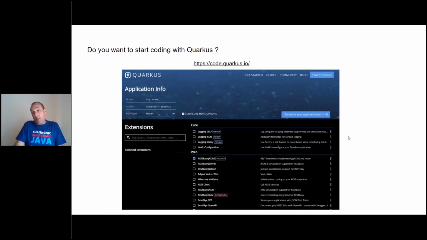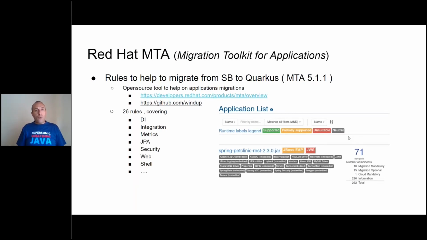your application. And also, if you want to do migrations, I totally recommend you to follow MTA, or as it is called in upstream, WindUp. You can find it on GitHub. It's a free tool that you can download and use to analyze applications statically, considering a migration path. So you define where the application is and where you want to go. So in this case, there's a migration path involving source Spring Boot and target Quarkus.